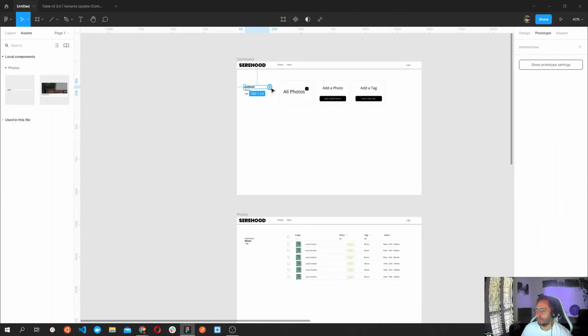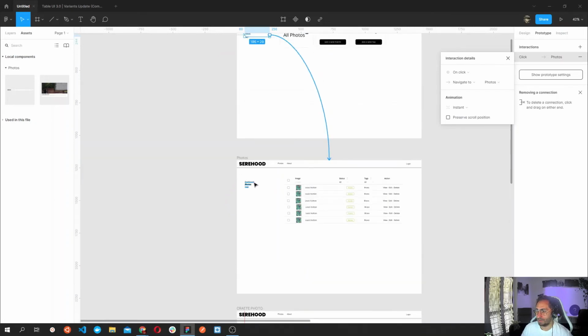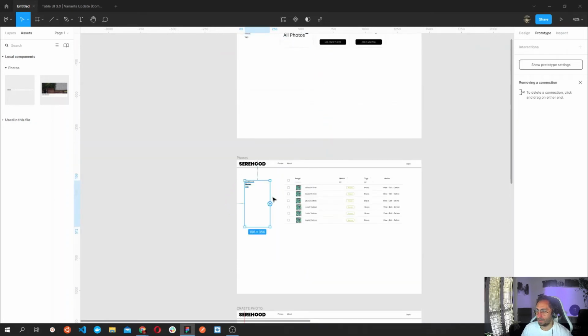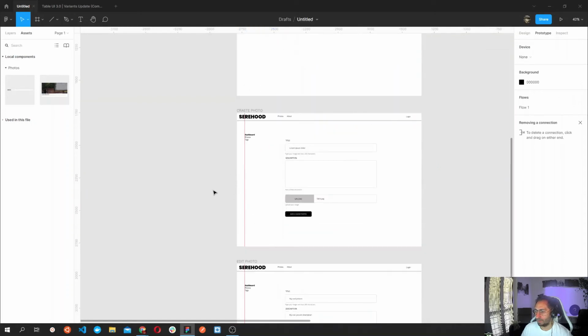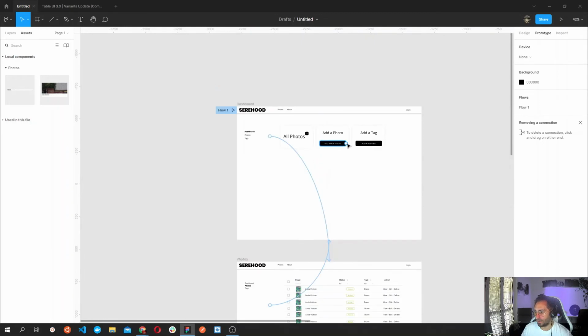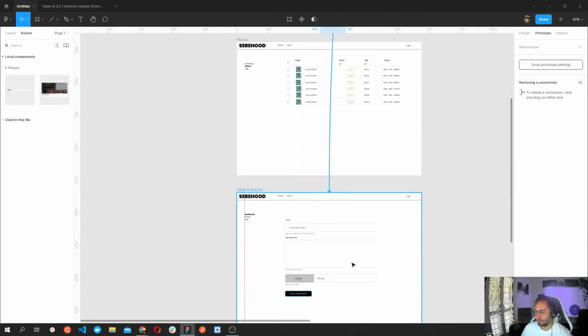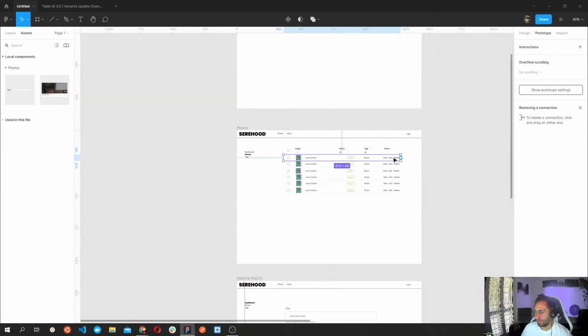So the dashboard is this one. So the photos should be linked down here. And then this one can link that up here. And the add new photo will be this link down here that will show this photo page, and the edit one,